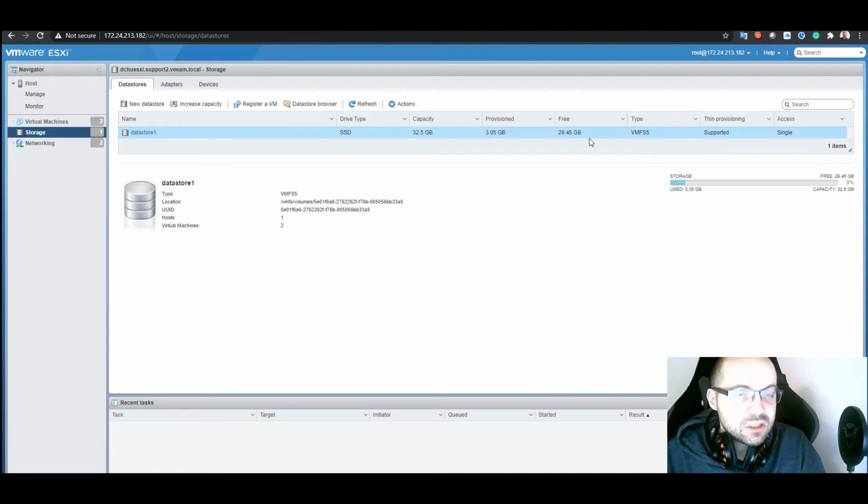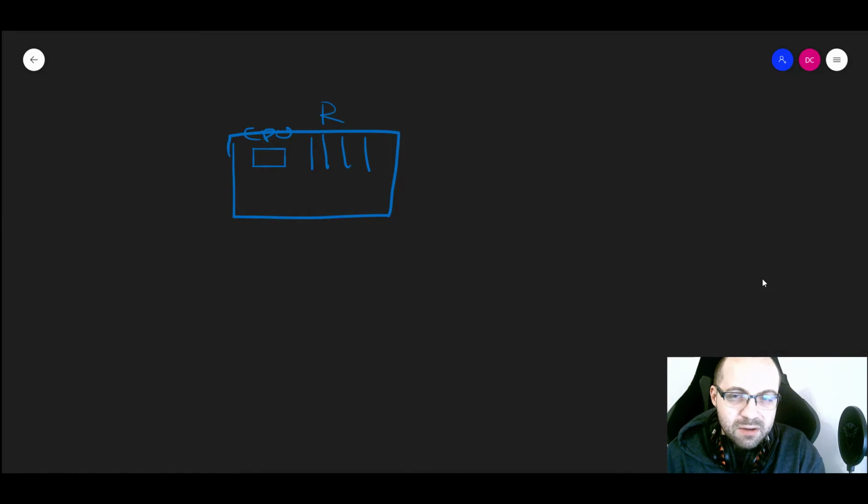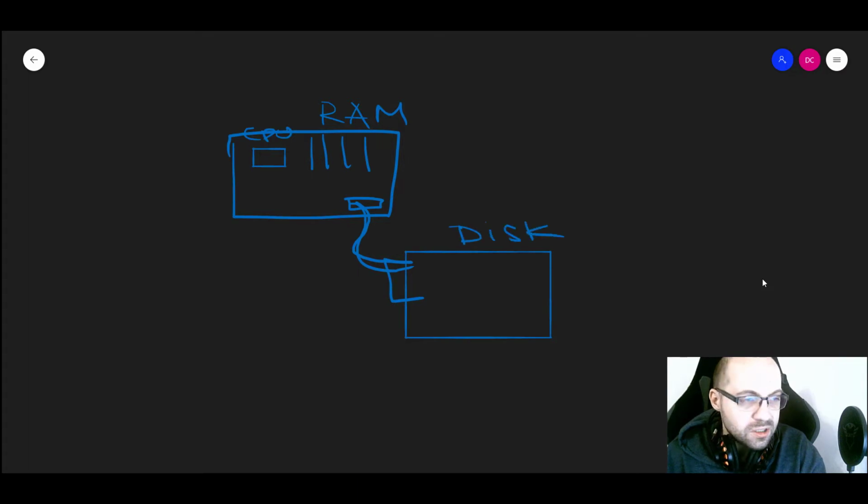How would you attach the storage to this ESXi host? Let's look at different options. So the most obvious way is to have directly attached storage, right? So you have the box with the motherboard, with CPUs, with RAM sticks, right? So you have this motherboard, it's inside of a big box, and through a SAS cable or through SATA, you would connect a disk, right? So this disk would be a storage. It could be SSD, it could be HDD,